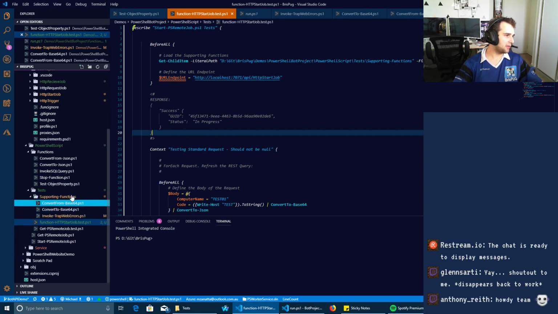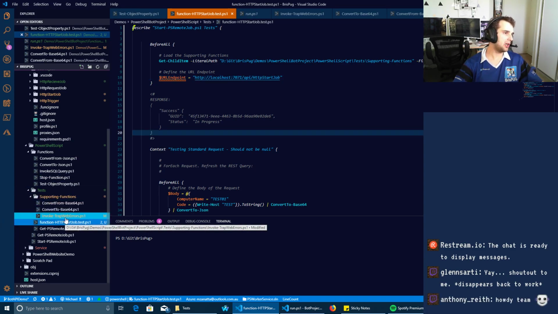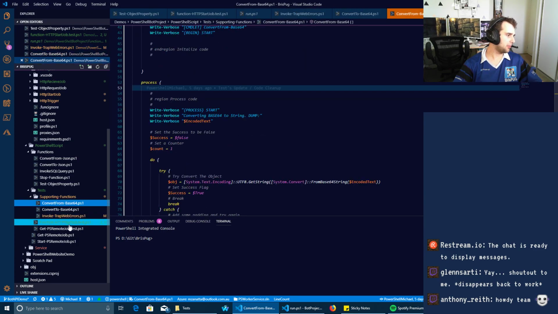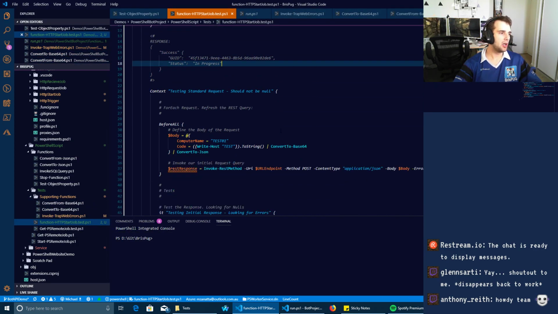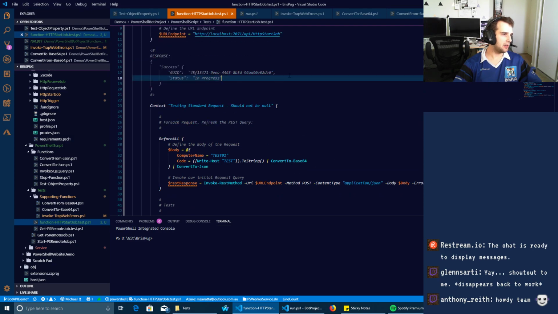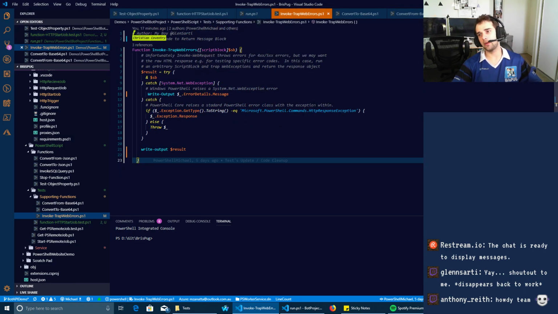So these are basically supporting functions in here. This Invoke-TrapWebErrors was a function given to me by Glenn, which actually helps. It's a unique issue with Invoke-WebRequest where it can't